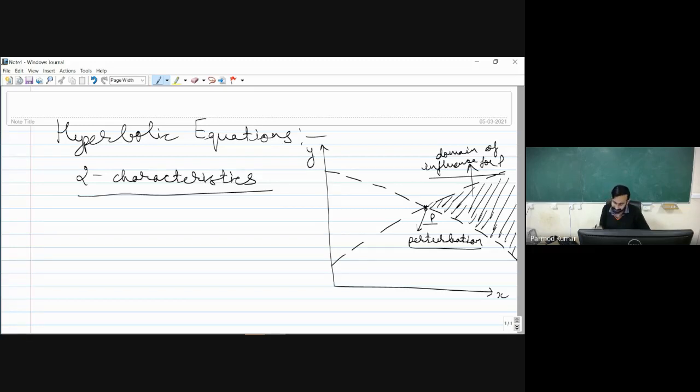Similarly, if I have to solve this flow field using a numerical solution, behind point P we also have some region which is bounded by the characteristic lines. Let me show this region with double hatched lines. So now I am using double hatching for the zone which is the region behind point P.